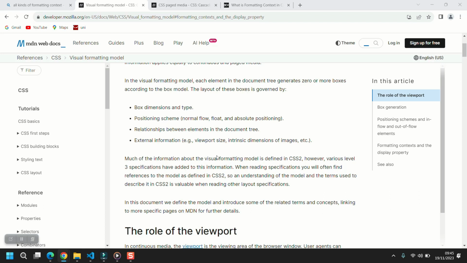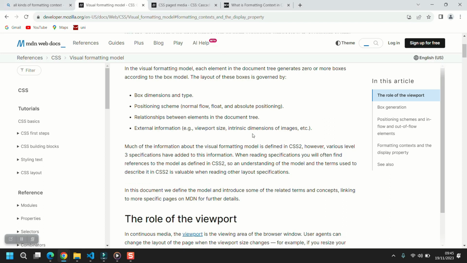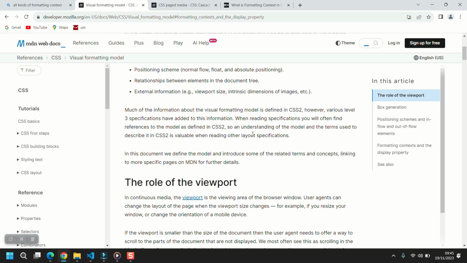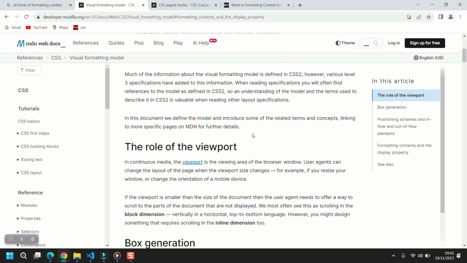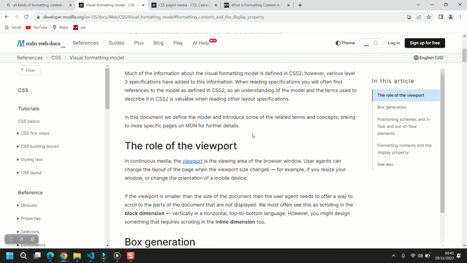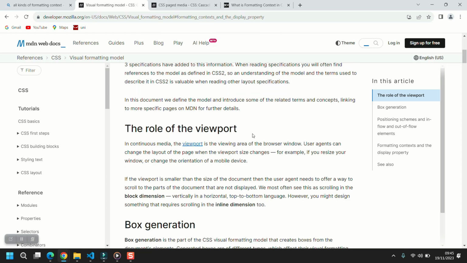And these boxes have different dimensions, different position schemes, normal flow, float, absolute, relationships between each other, and they have external information. They are governed by external information such as the viewport size and intrinsic dimensions of the images, in case of images. The visual formatting model has been mostly defined in CSS2, but some specifications of CSS have come into play. Anyway,